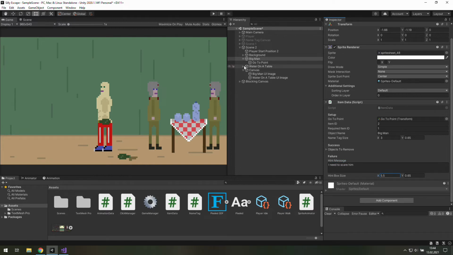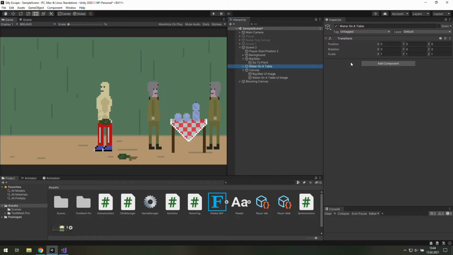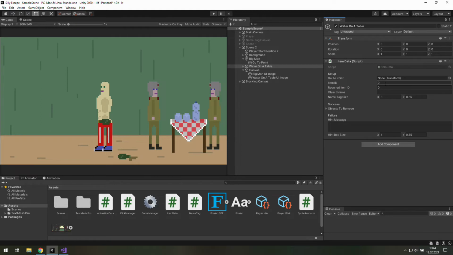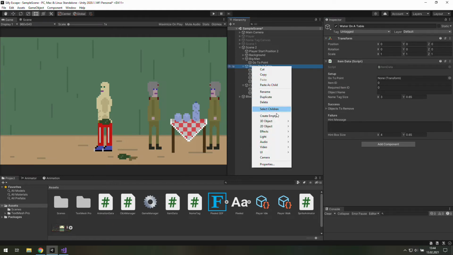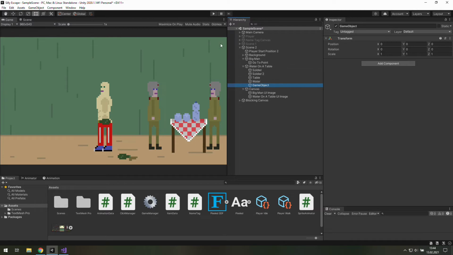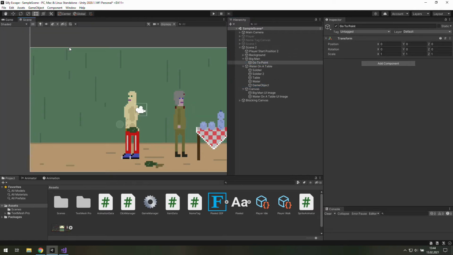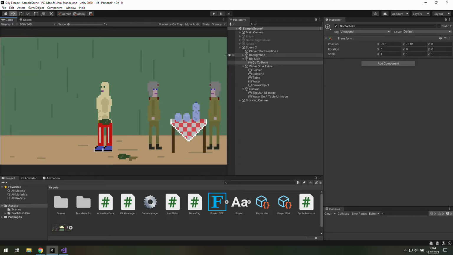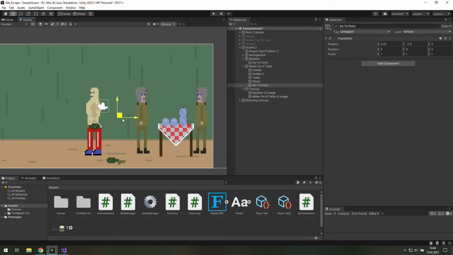Now let's click on water on the table, let's add an item data there, and we will also need a go to point. Oh, and as it comes to go to point, we need to move it in the big man. Okay, now back to water on the table. Let's rename it and move it somewhere over there,